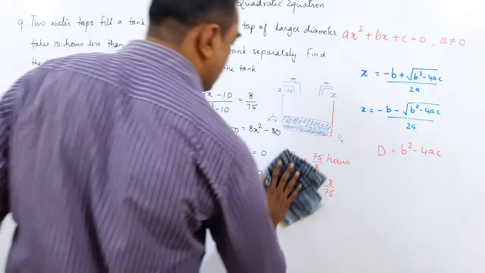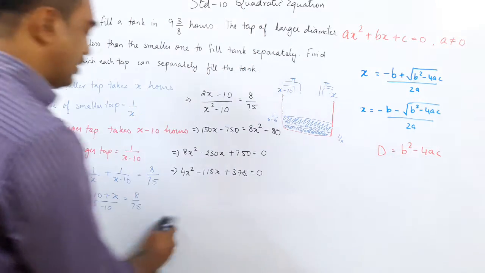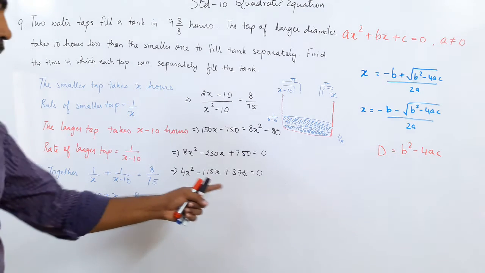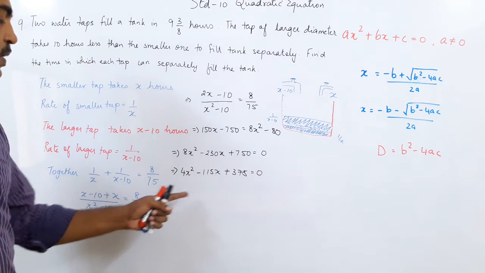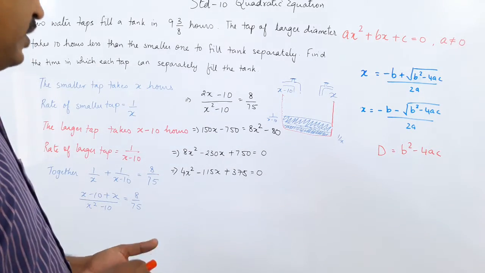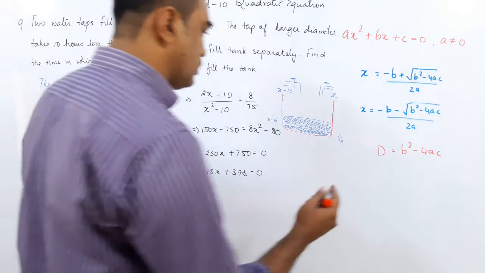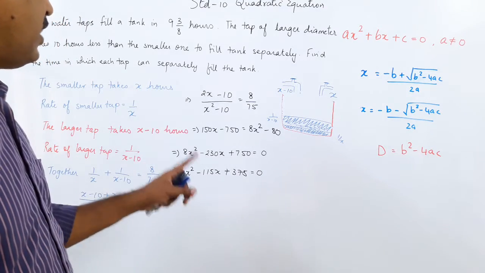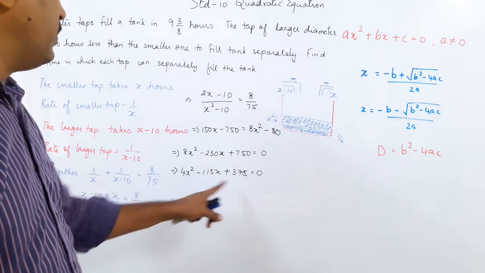Okay, I'm going to rub this. So this is what we have got, the equation. Now how do we solve this equation? Which method do you want to choose? Splitting the middle term, completing the square, or the discriminant method? The discriminant method can be used, it will be slightly long, but let us see what D is equal to. Now D will be very big, 115 square. So we will try splitting the middle term only.